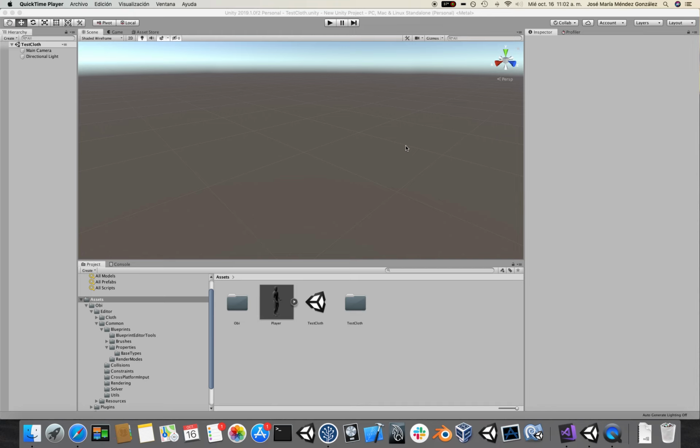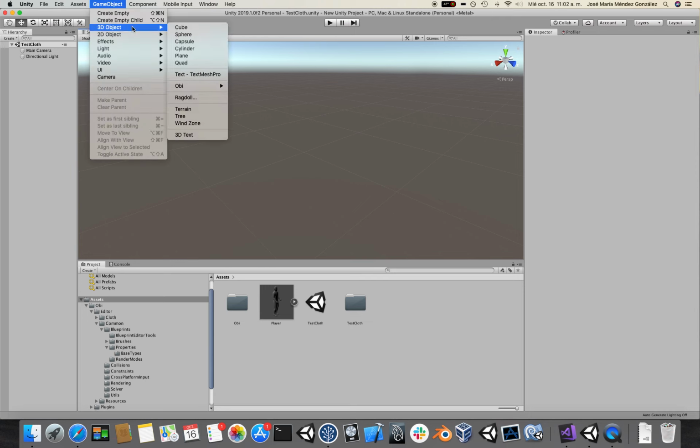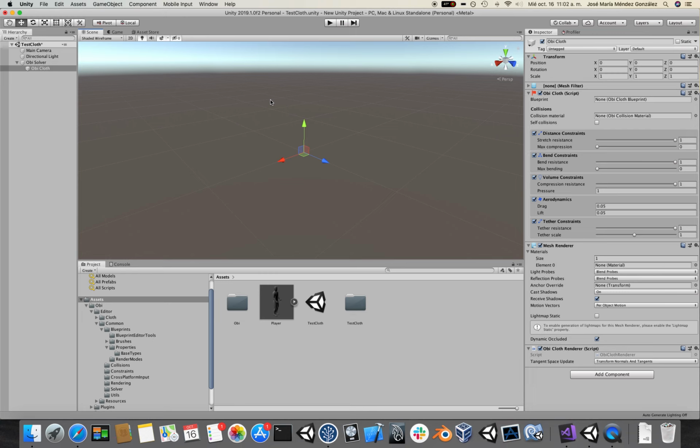In this video we are going to go over the basics of how to set up Cloth in Obi Cloth version 5. So the first thing I'm going to do here is go to Game Object, 3D Object, Obi Cloth. As you can see, it has created an Obi Cloth object and an Obi Solver object automatically to manage our